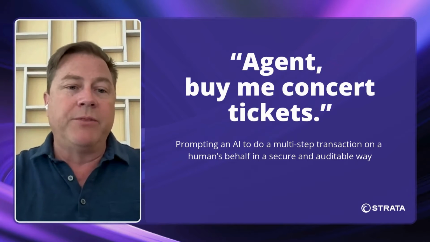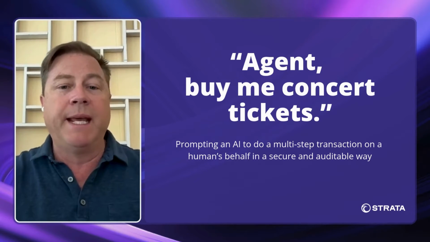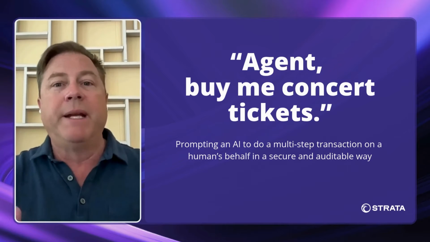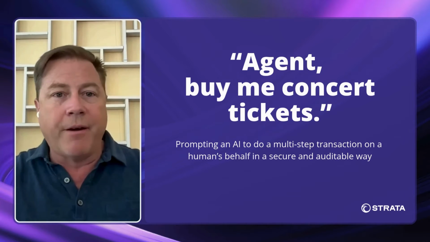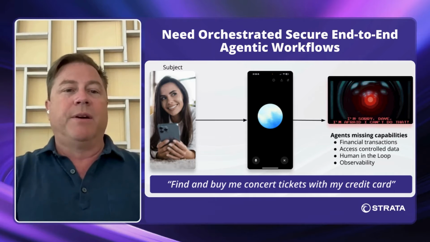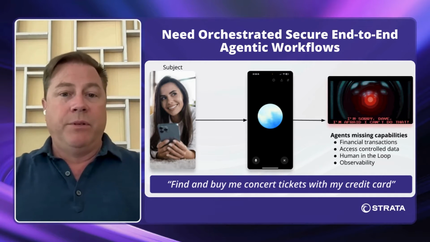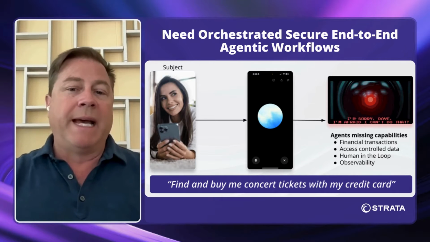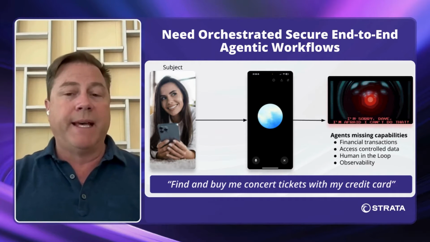I think what I was really trying to do is to find a way to prompt an AI to do a multi-step transaction on my behalf, but it has to be done in a secure and auditable way. So if you think about how this works, it started with asking the AI to do this. And the response was that it couldn't. When I started to unpack that, what it really came down to is that